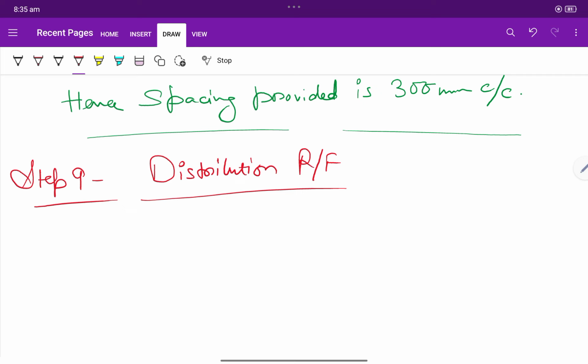Okay, yeah, one thing you can check also. See, the minimum criteria for area of steel has been checked, so nothing is to be done. You have to just find out the spacing. Okay, so S is equal to, assume as we have told, we will just downgrade one grade of dia. The main bar we have taken 20, so we can take it as 16 or 10. So we are assuming 10 dia. Assume dia is equal to 10. Okay, so now we will calculate the spacing. So 1000 divided by,